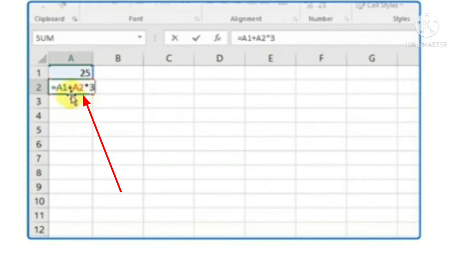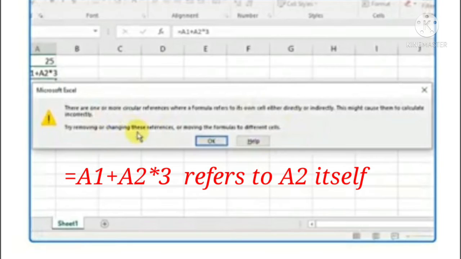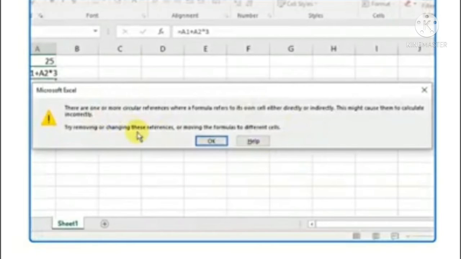A2 itself. Okay, and we entered a formula which contains the same cell itself. Isn't it? Yes. Here what is happening? Formula refers to its own cell value. It is not possible. And at that time you can see this warning message.